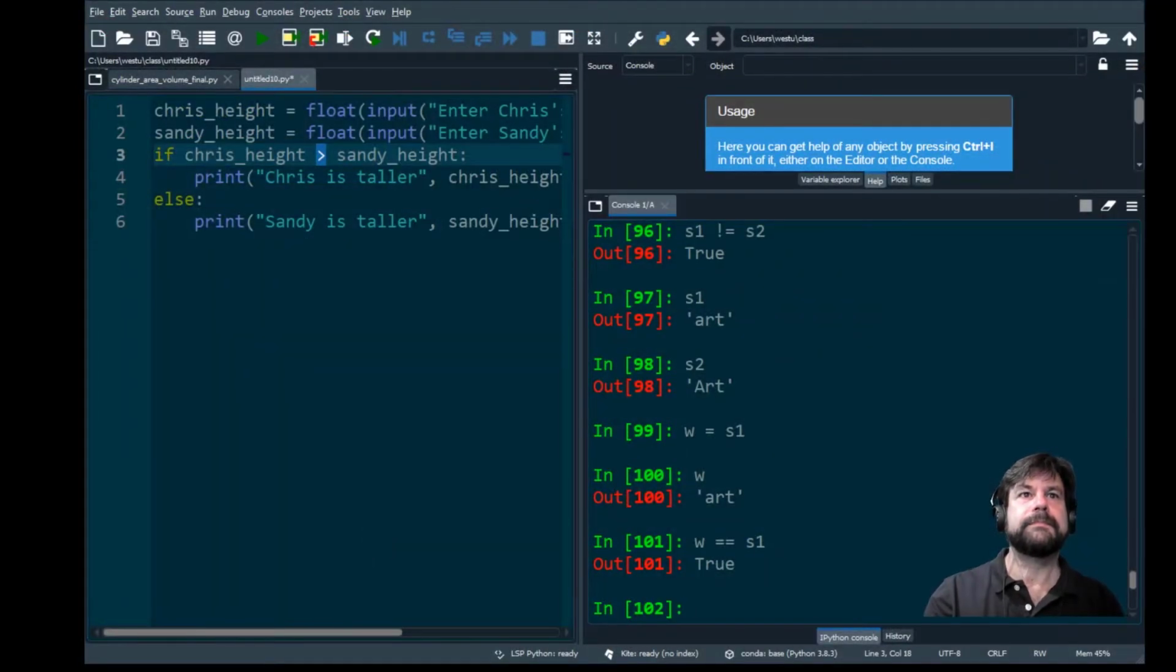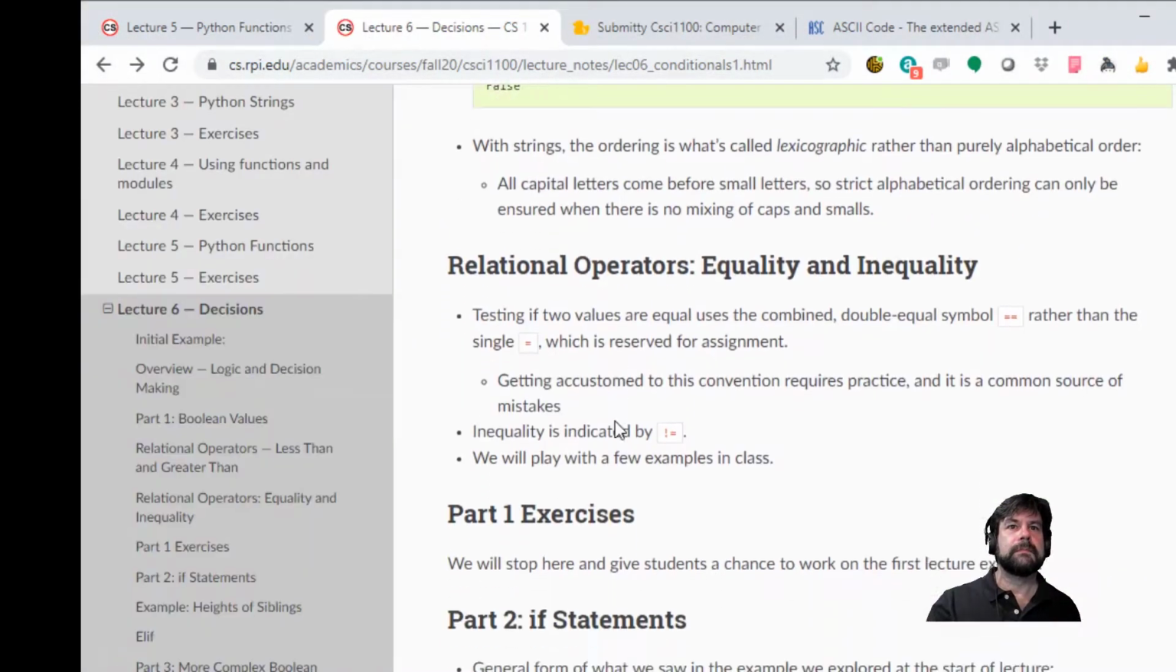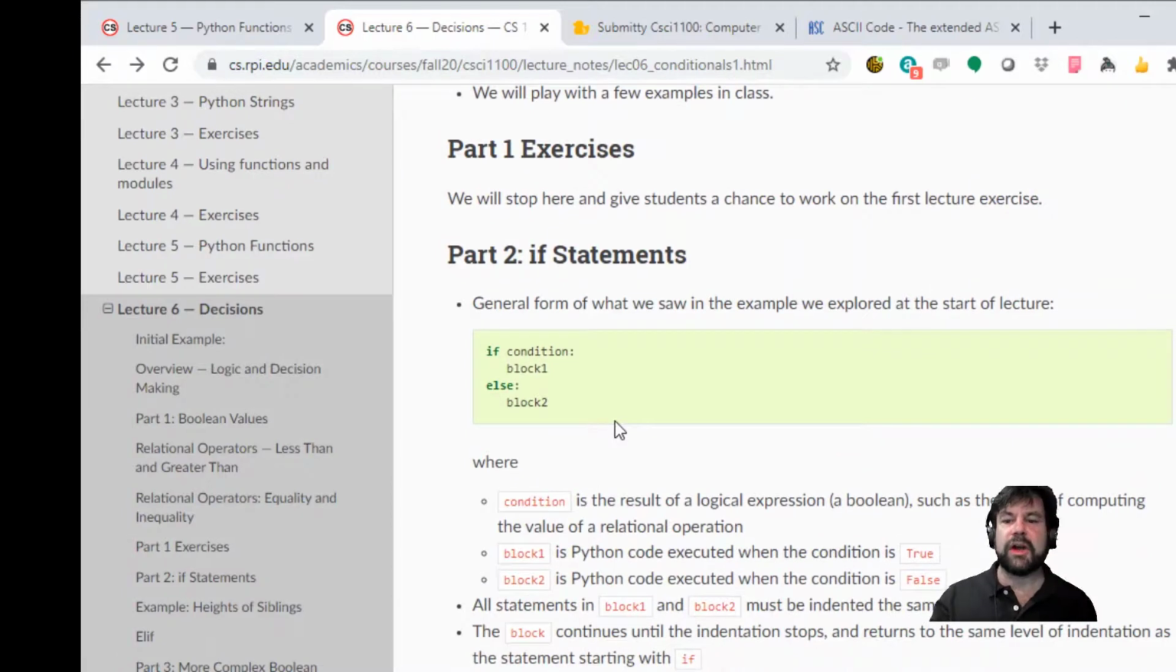Where am I? Okay. So now that we've talked about relationals, we can generate